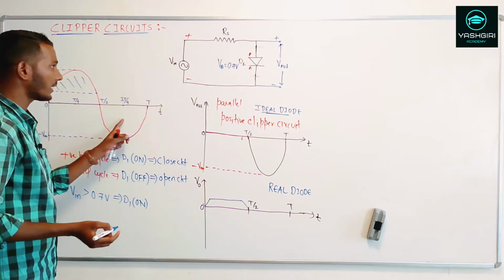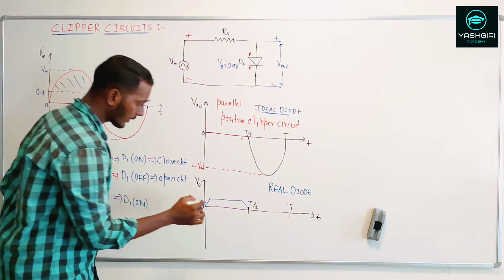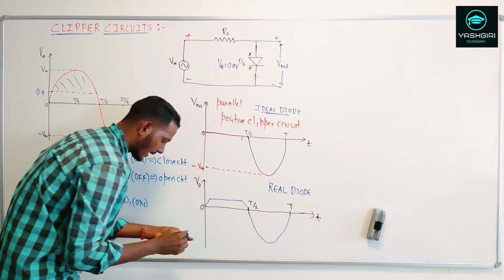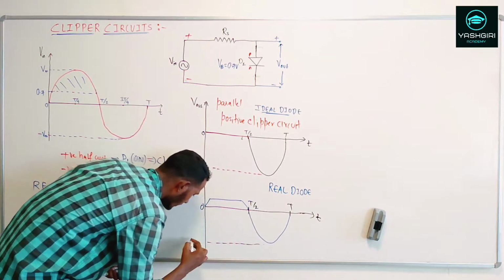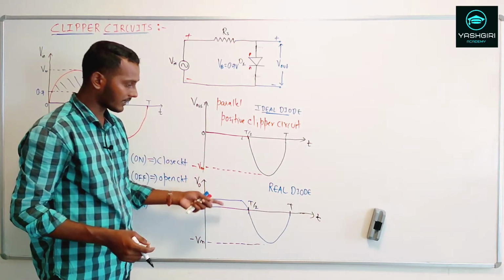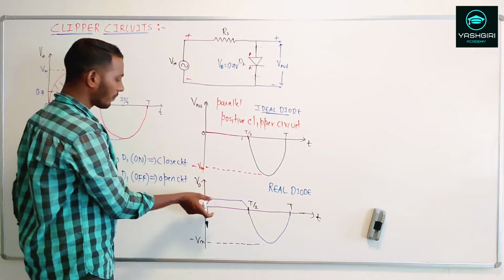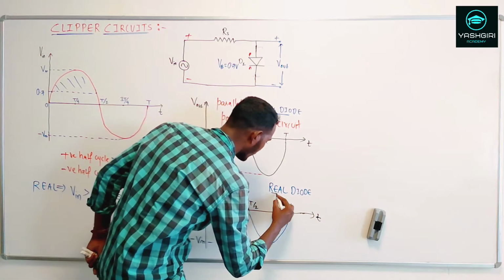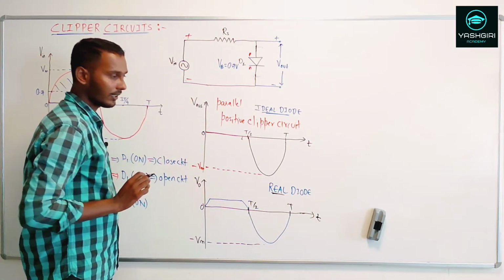Whereas for the negative half cycle, the diode D1 will always be reverse biased. So again the output follows the input. And here there will be no change for the negative half cycle. So this is minus Vm. Whereas if you compare this ideal case versus the real case, what you will find is that there is a small voltage available in the positive section, that is of 0.7 volts. That is for the real case of a diode. So that's the only small difference that you will see between the ideal and real.